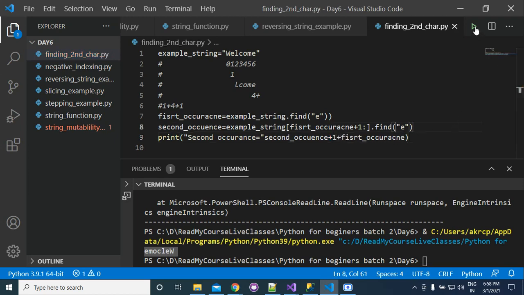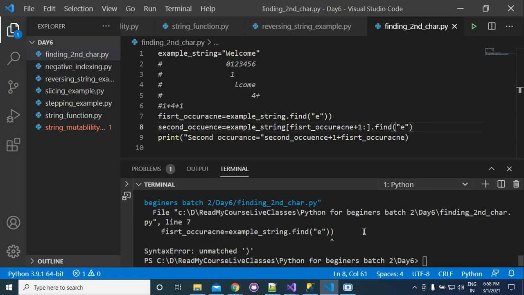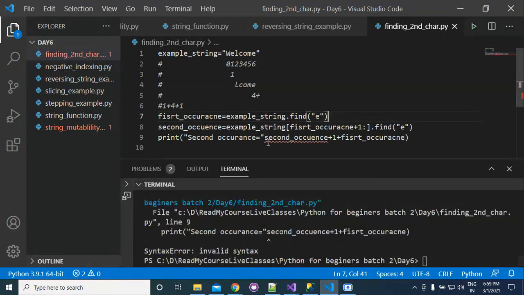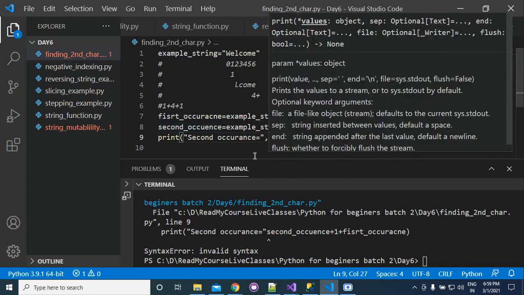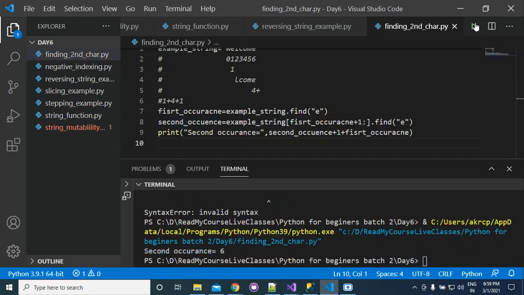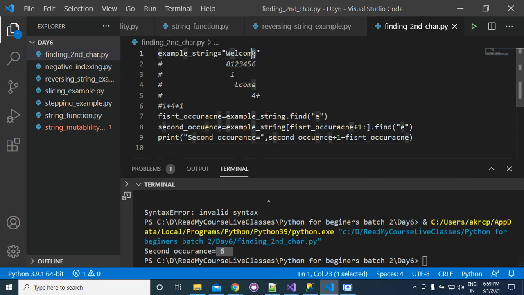Now if you run this program, we had an extra character here, so it is giving you 6. That was the second occurrence.